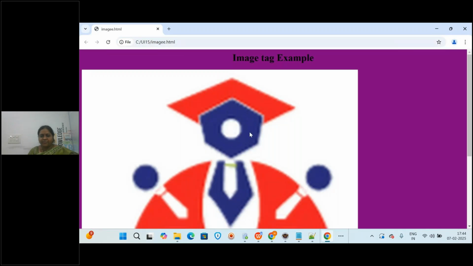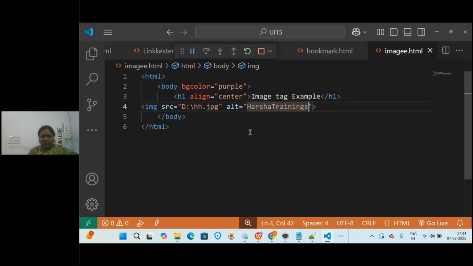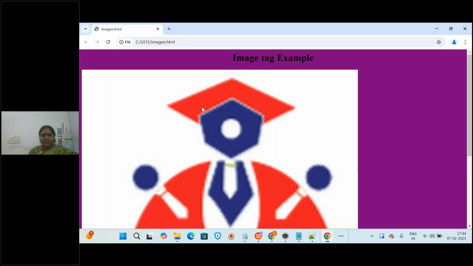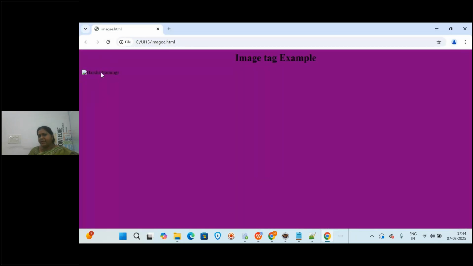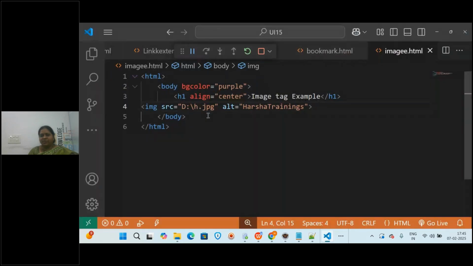Okay, the image is coming. Now the alternative text: suppose I am giving h dot jpg. I'm saving this, going back and refreshing. What is displayed? Harsha trainings. Clear? So if the image path is correct, the image will be displayed.